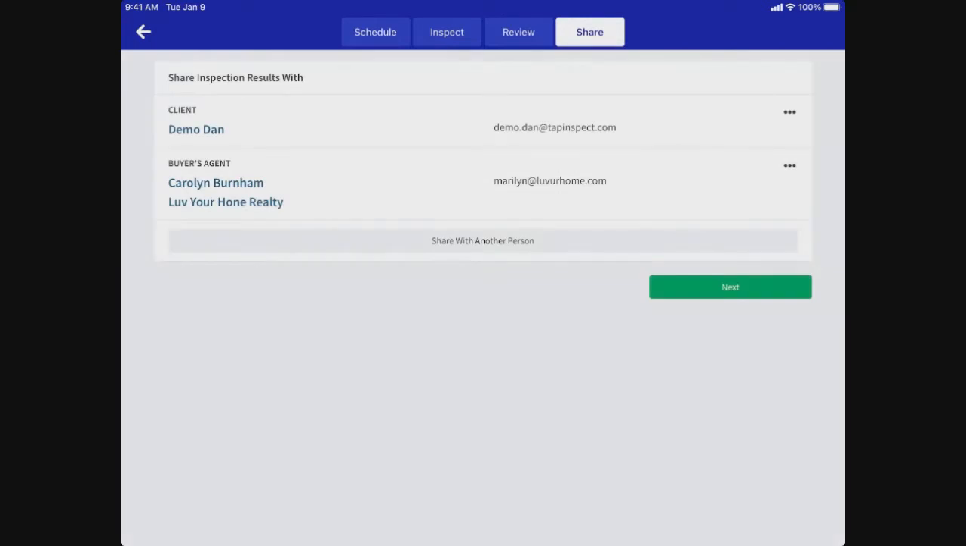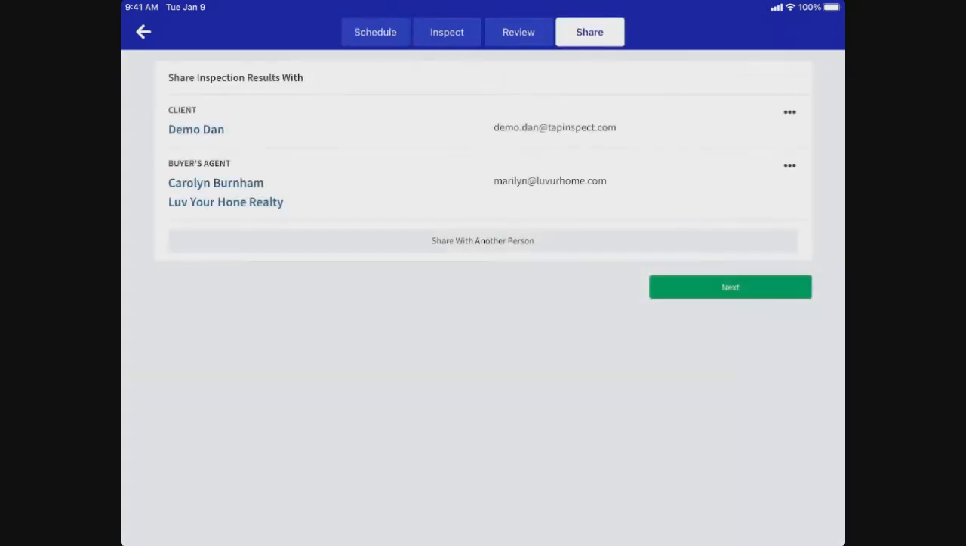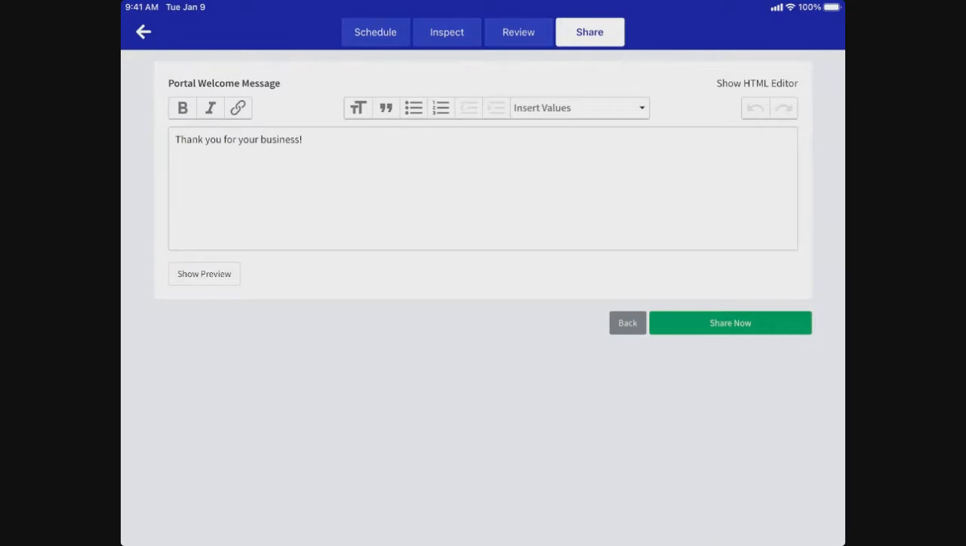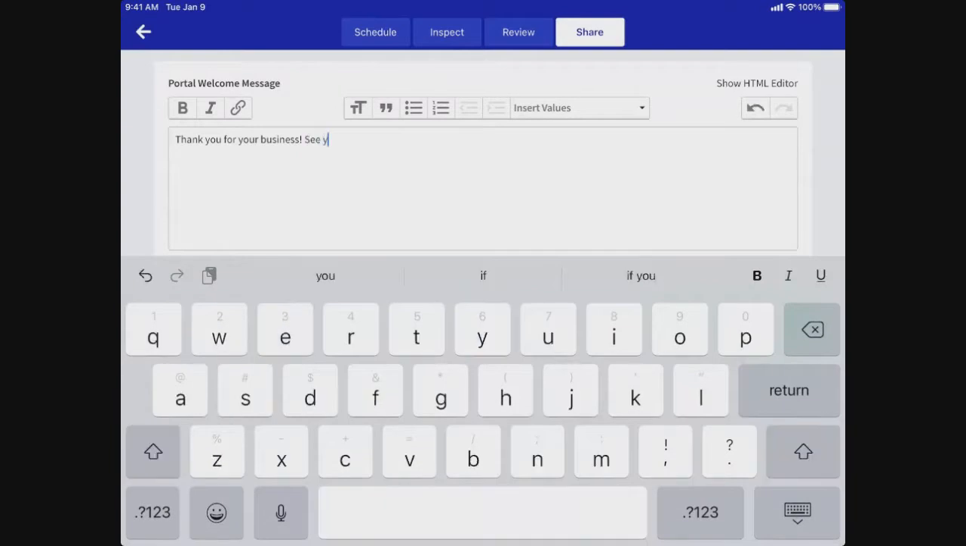Rather than publishing, we are using the idea of share. And as long as we've already got the people listed from the schedule page there, these are the people that we want involved in it, we can share this report. We can do a nice little message for them. Thank you for the business. See you again